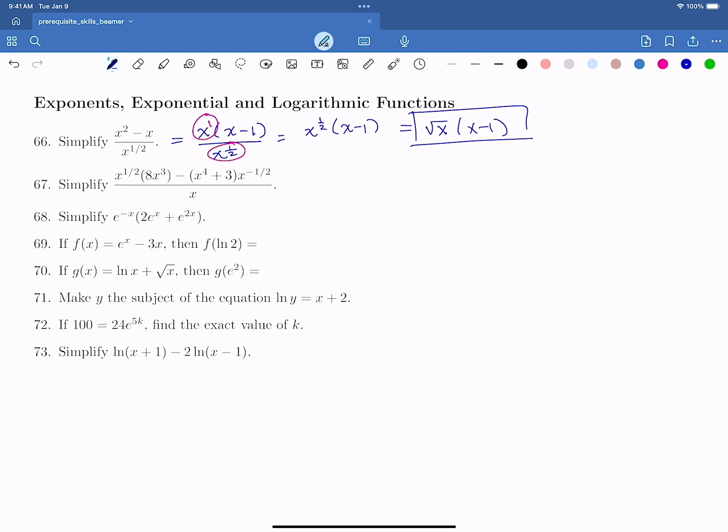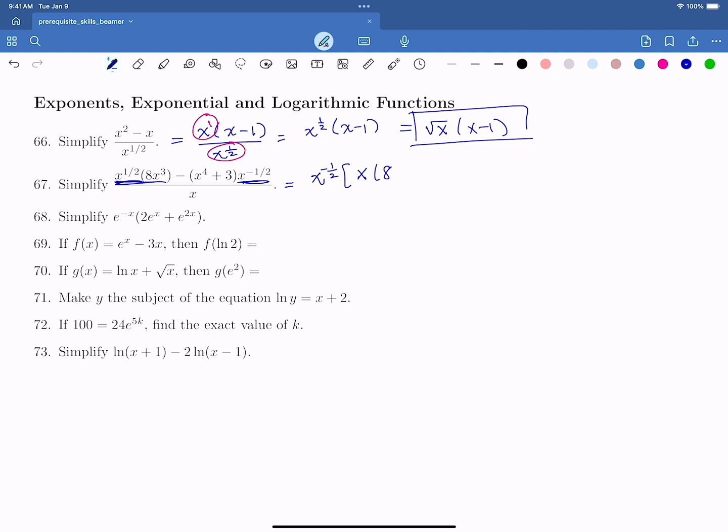Okay, simplify. So I want to factor out what they have in common. I see x to the 1/2. I see x to the negative 1/2. I'm going to take the smaller of the exponents, x to the negative 1/2, and factor that out. Factoring out means dividing. So I have to take this term right here and divide it by x to the power negative 1/2. So I'm subtracting an exponent. 1/2 minus negative 1/2 is 1/2 plus 1/2, which is 1. So it's x to the power 1